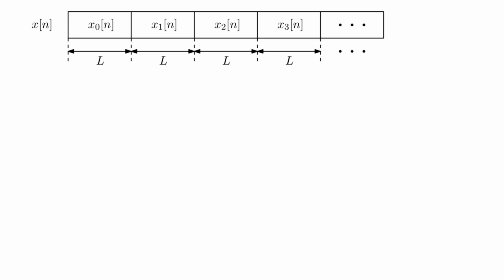The problem though is you can't just do that, because when I convolve this block with some impulse response, there's actually going to be some effect on the next block. That's where overlap and add comes in. You're going to process this one, but then there's going to be some overlap into this block, and it's in the name. What you will then do is add that effect on when you're processing this little block.